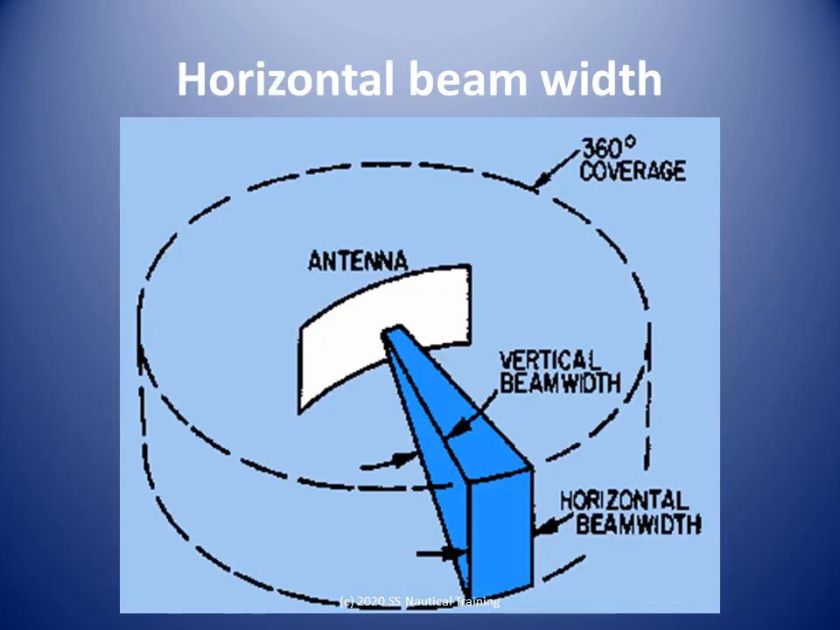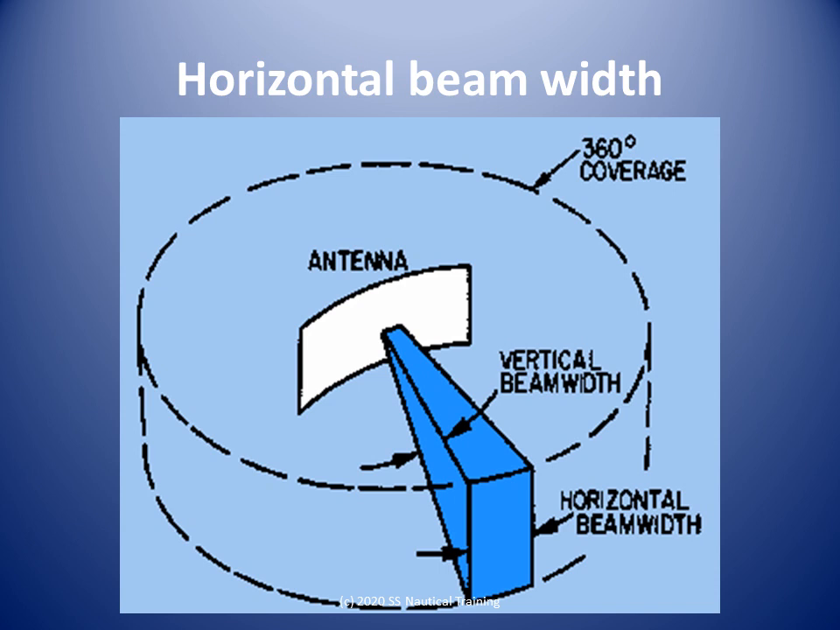A radar antenna is designed to focus the transmitted energy into a beam which is very narrow in the horizontal plane. The angle within which the energy is constrained is called the horizontal beam width. It must have a value of not more than 2.0 degrees if it is to comply with the international regulations